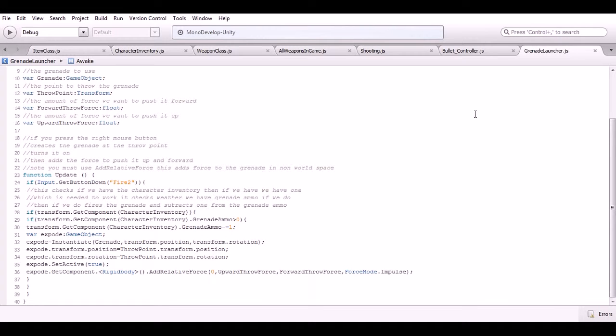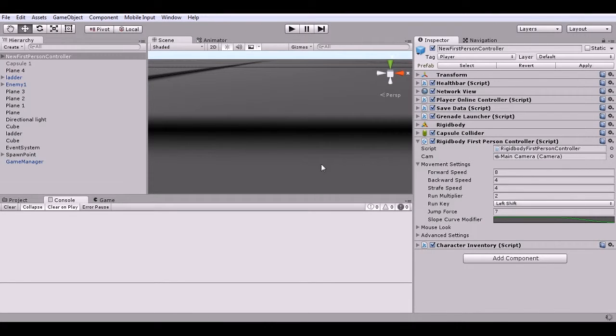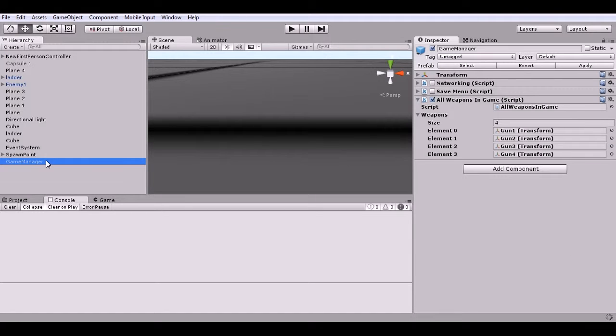As you can see right here, I have an empty game object named Game Manager, which is what I put all my networking, save menu, and all weapons and game script on. Now right here, I have the weapons. In this array, you'll just put the amount of weapons you want. This is meant to hold every weapon in the game, though. It's important to note. So we'll put all the weapons in the game on here, and then we'll put each weapon prefab in these elements. I just have gun 1, gun 2, gun 3, gun 4, and that's how it knows which gun to